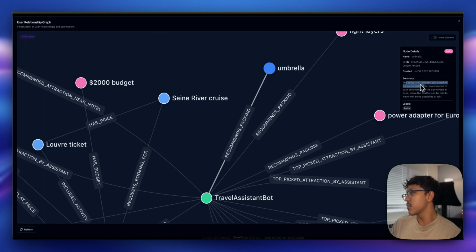So here it says the entity is an umbrella, and based on the conversation, it is recommended to pack an umbrella for the trip to Paris. So this looks like it was a conversation with a user, and they were talking about going to Paris and that it might be raining. So either the assistant or the user mentioned that having an umbrella can be useful, and that's how it got